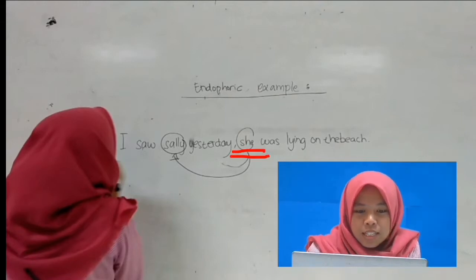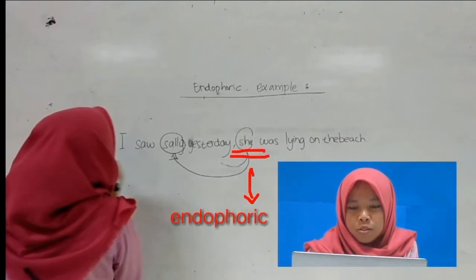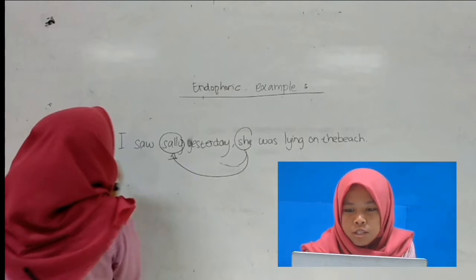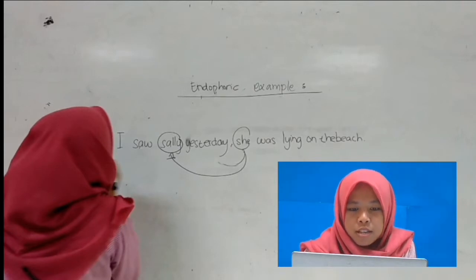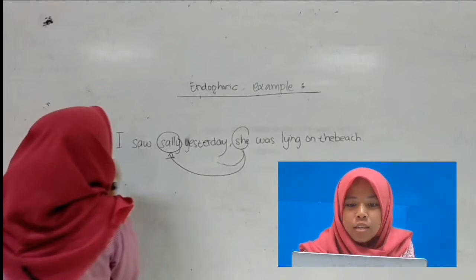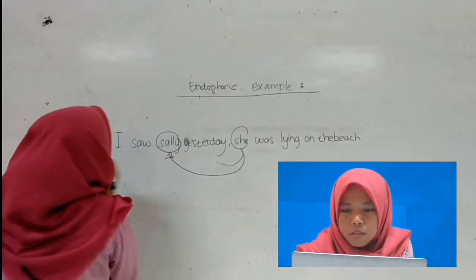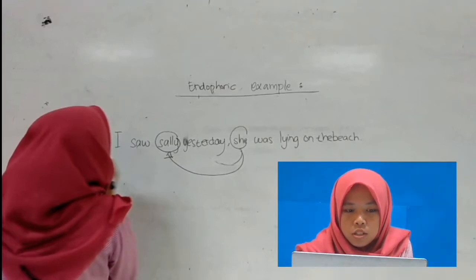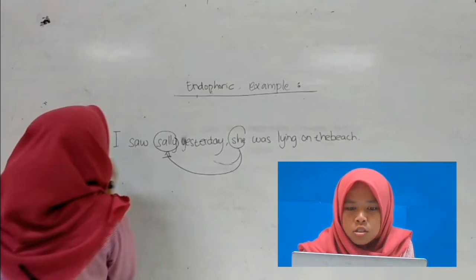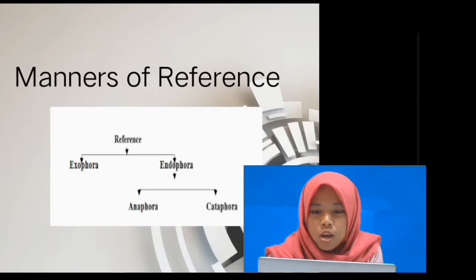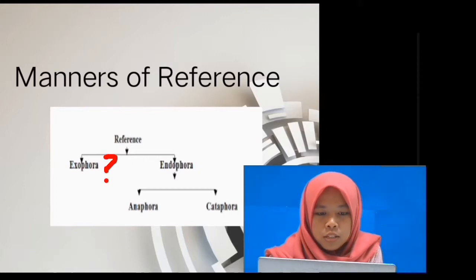So here, "she" is an endophoric expression because it refers to something already mentioned in the text. By contrast, if "she was lying on the beach" appeared by itself, "she" would be an exophoric expression. "She" refers to something outside the text, which the reader is thinking about. Without further information, there is no way of knowing the exact meaning of an exophoric term, whereas an endophoric expression lies